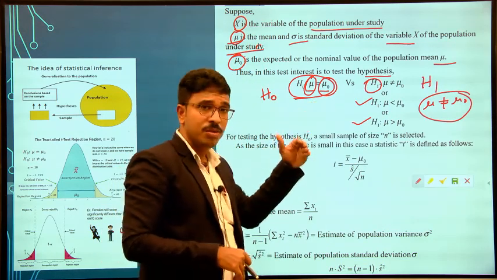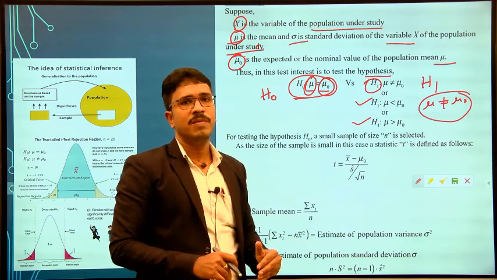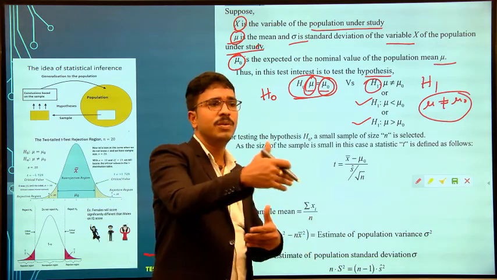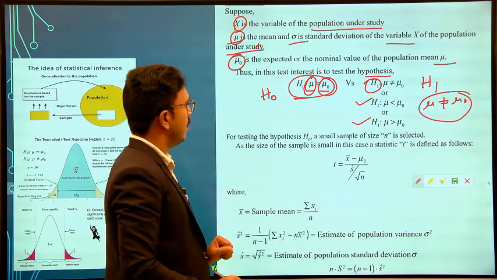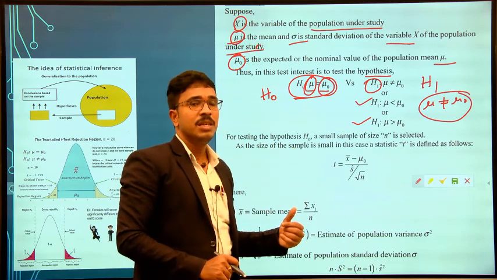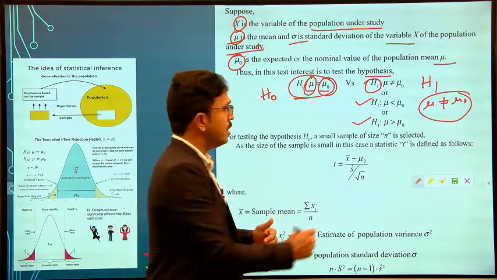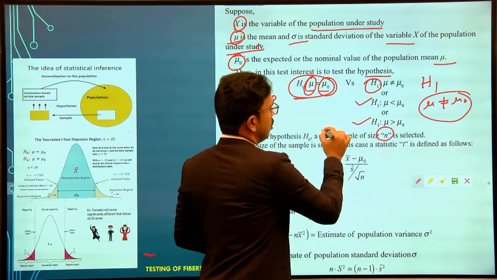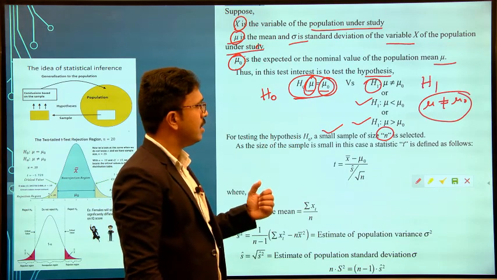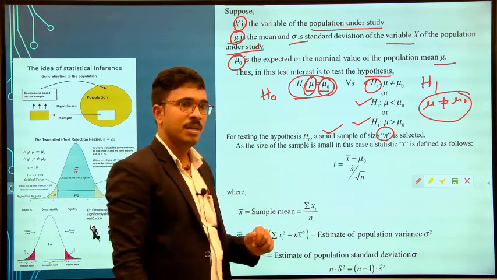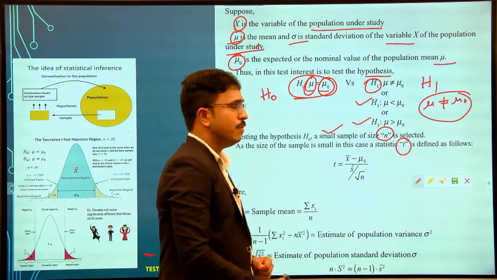So, this we have to set the hypothesis, whatever the information which is given as per the problem, or whatever the information which we are getting from the sample measurement. Okay, so for testing the hypothesis, if the sample size n is small, where the concern is about the population mean, we have to use this statistic t, which is defined